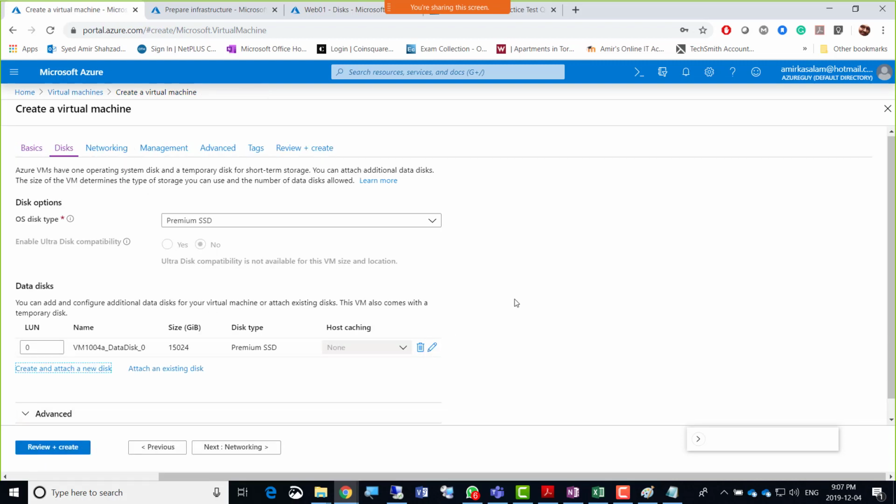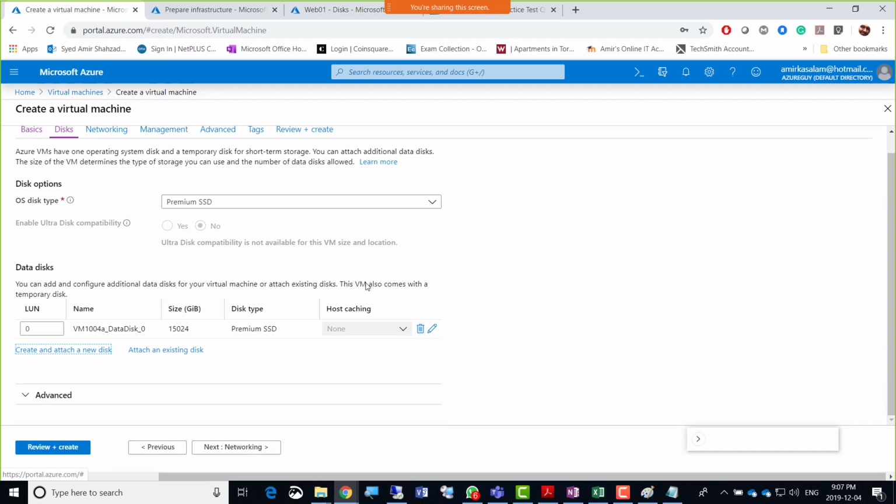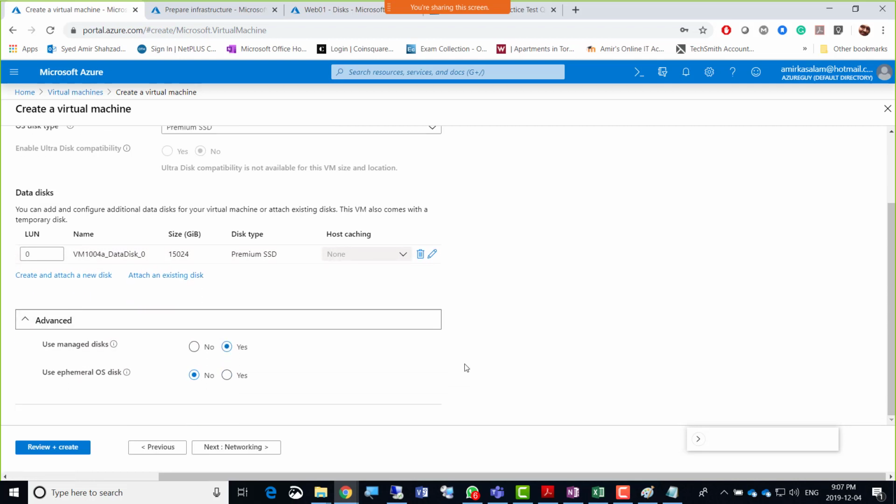But then we need to check that does it support 2.0. It's premium SSD, OS disk type, premium SSD. So the IOPS should be, I'm gonna just drop down this as well, although it is okay. Now it's not supporting. So if I click advanced, that's it. There's not much here other than, so it is managed disk already.